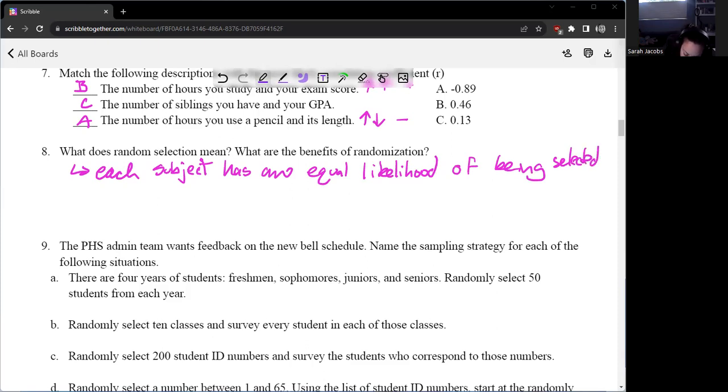And the real benefit is that randomization reduces the effect